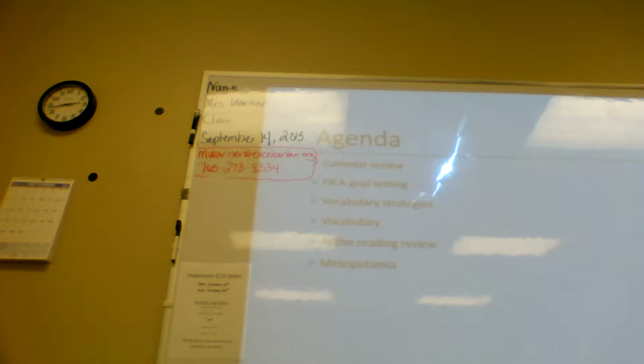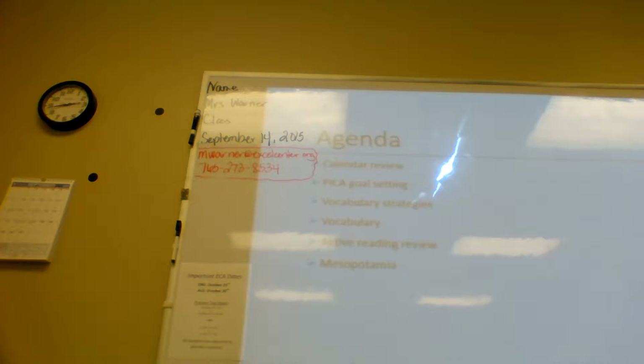And then we're going to get the vocabulary words. So you get 2 vocabulary words for today. So you will get 2 today, 2 tomorrow, 1 on Wednesday, and we'll review all 5 of them. Thursday will be the test. And speaking of tests, we are going to have a test over the active reading strategy. So we will review those, talk about those, and then we're actually going to practice when we review Mesopotamia.